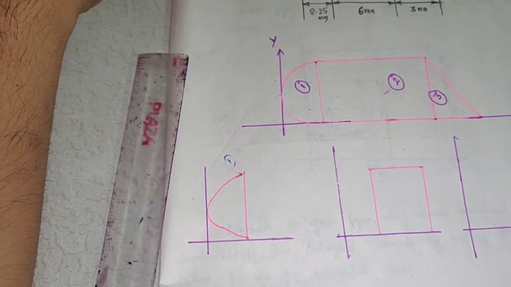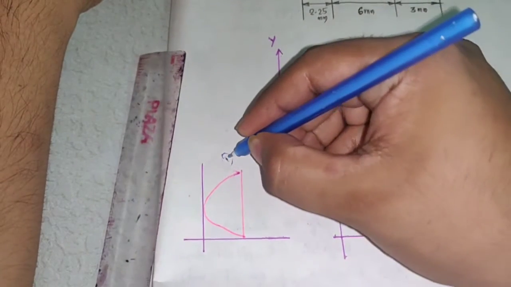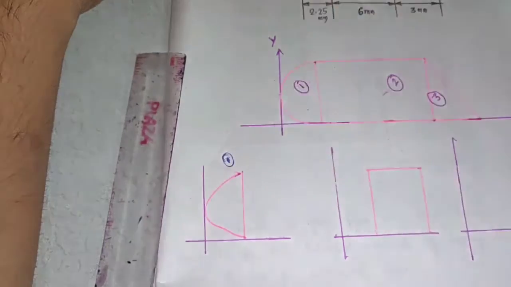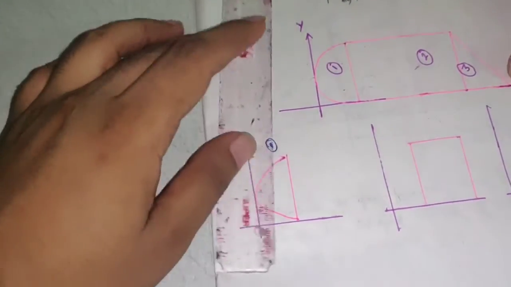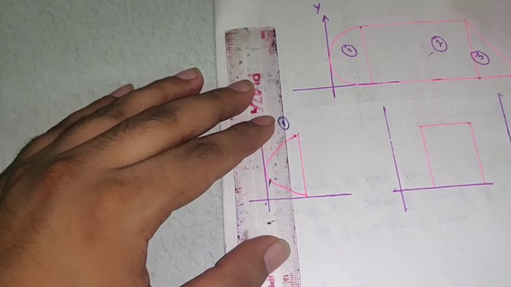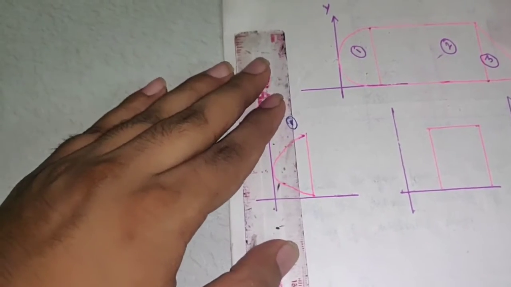Tricky part is with respect to what? It is with respect to the first figure. Why first figure? You'll understand now. Now we have derived the x bar y bar value for